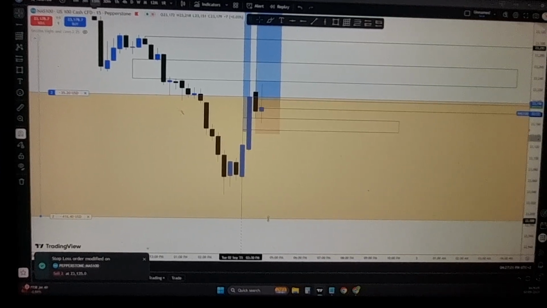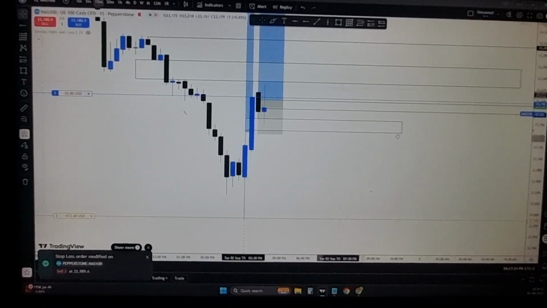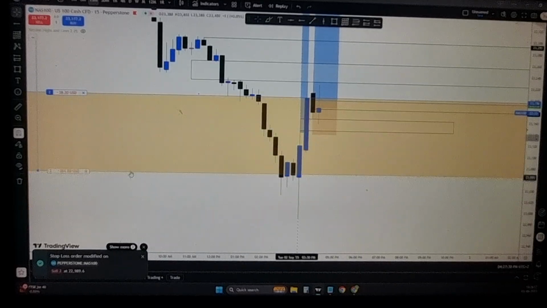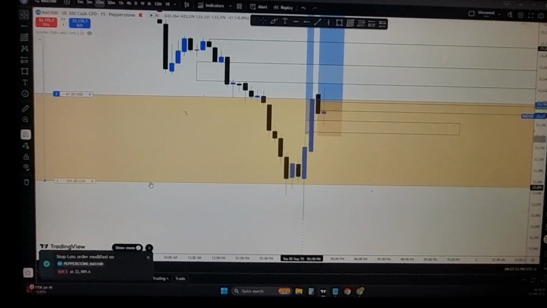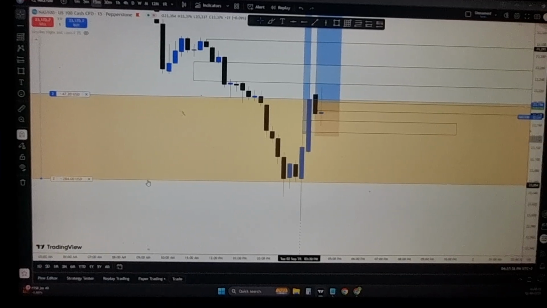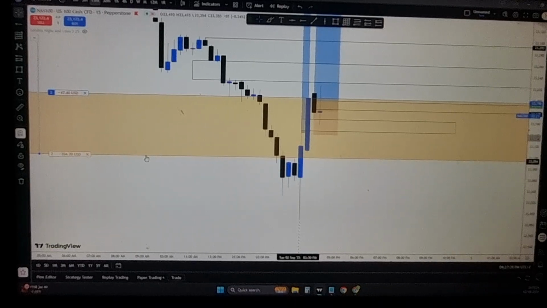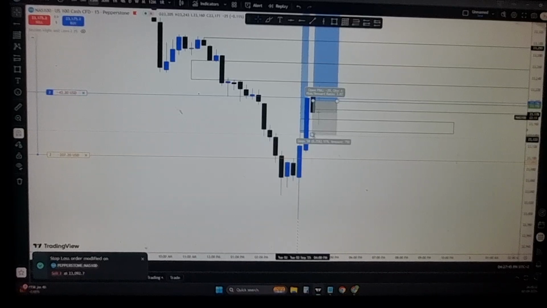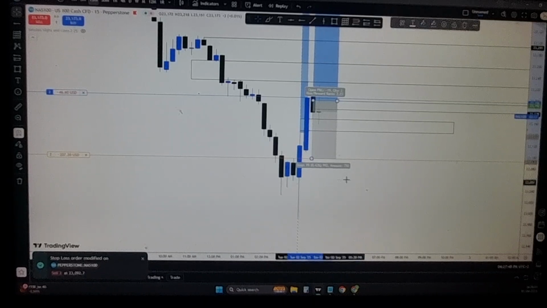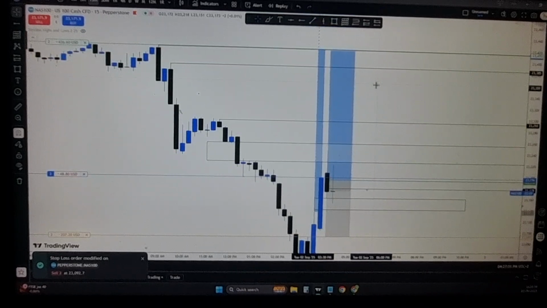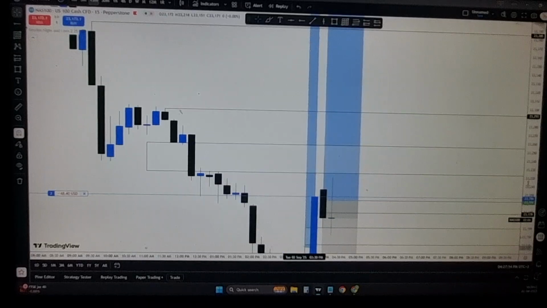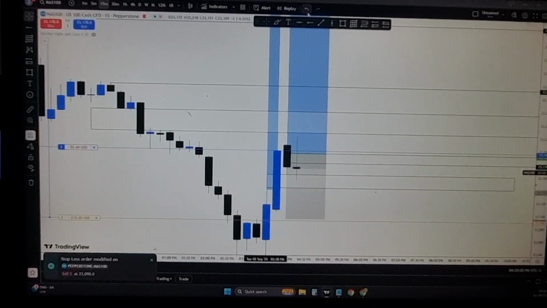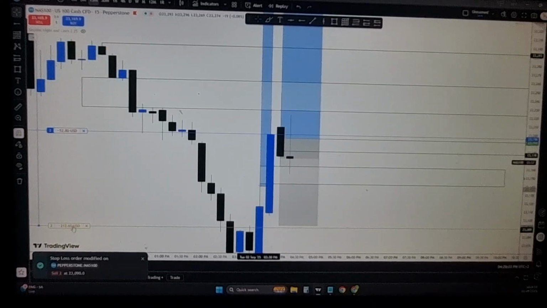Bro, you have to be ridiculous if you want to risk $400 for $400, bro. You're gonna have to be insane in your head. I can put it below this. Let's put it above this order block and breaker block. Okay, so we're risking $200 for $436. So now we wait and see.